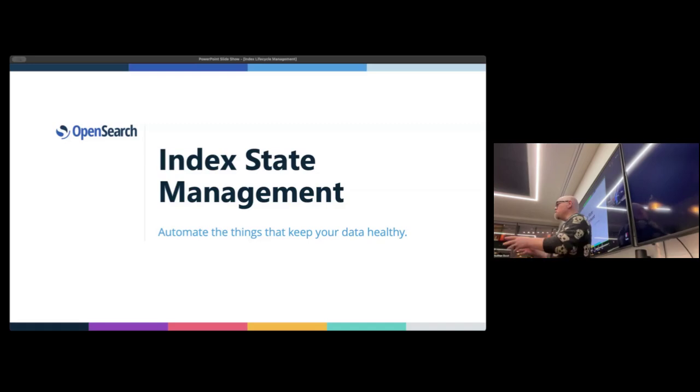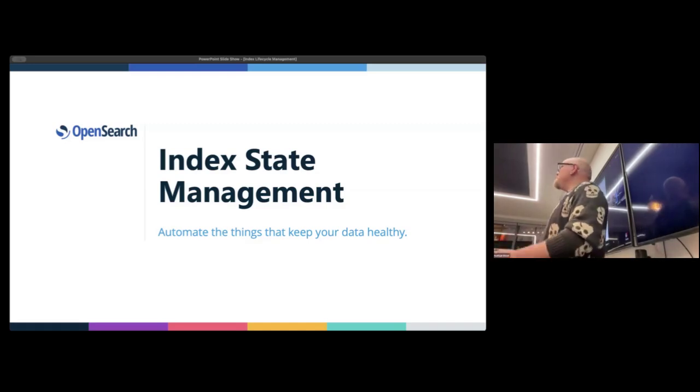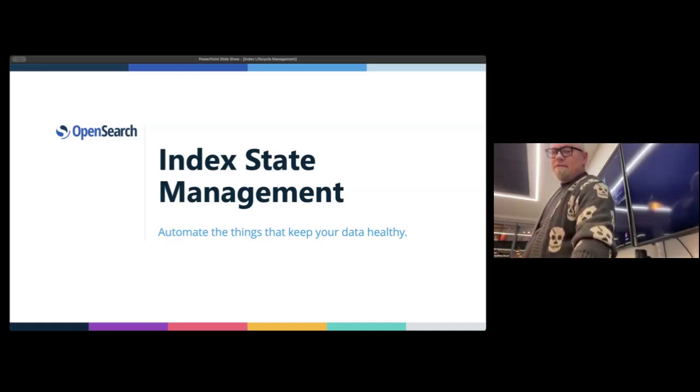And I had set up workflows to put logs in that I could just fire and forget and just let it fill up. I was so excited that I learned very quickly why index state management is a good thing to learn. What I saw happen was that my data lake turned very quickly into a data swamp. And that is because I was not automating any of the operations that I should have been. So I'll be talking to you today about the specific feature on OpenSearch that will let you do that and some of the ways that you can implement it. Sound good? Okay, we're all here for that.